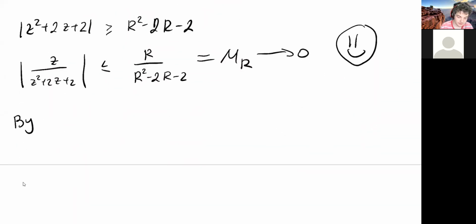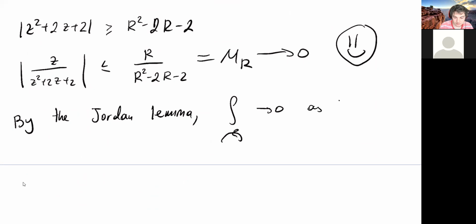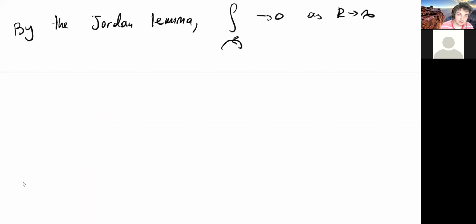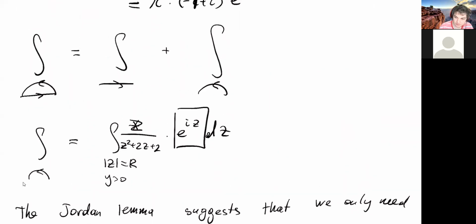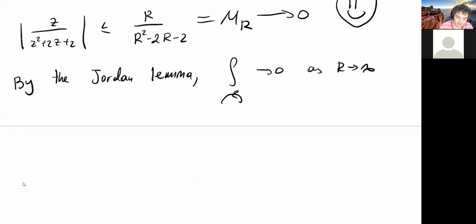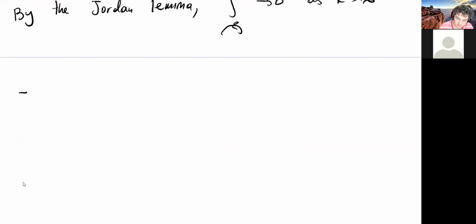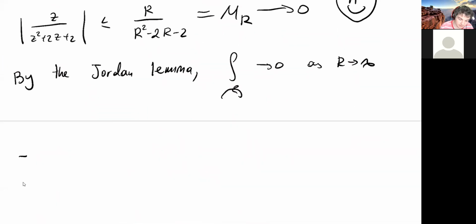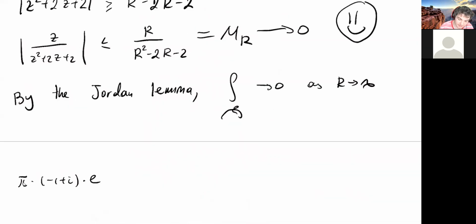So by the Jordan lemma, this integral goes to 0 as r goes to infinity. And so what we eventually get, okay, I'll write it and I'll stop, that this 2 pi i times the residue, so, okay, forgot it again, pi times minus 1, pi times minus 1 plus i times e to the power minus 1 minus i